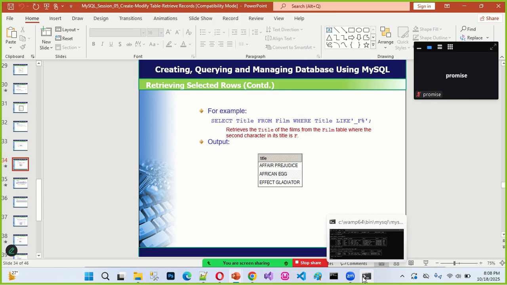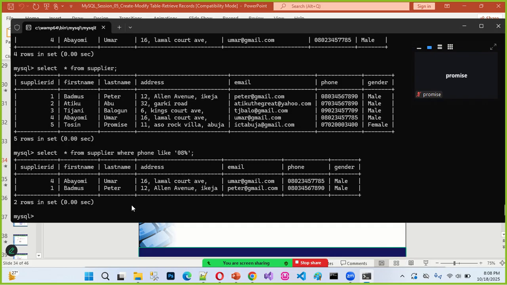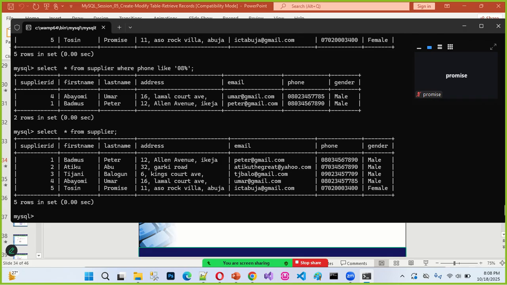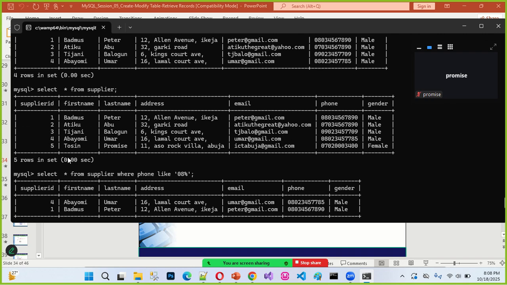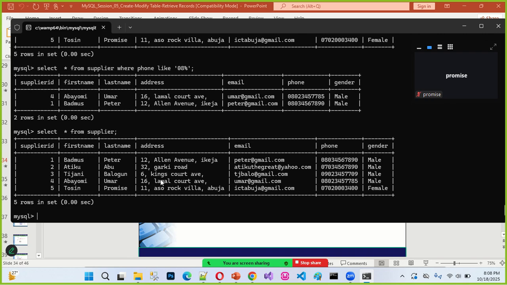That's something like this particular one. Let's see if we can apply something similar to that on my example again. Let me see all the records from the supplier table once again now. Assuming that I have something like this, I want to check the records you can apply this one to now. Atiku Abayomi, this record is not so common. Atiku ICT. We have to have records that start with, maybe Abraham Adeleke, a name that is close like this, BAD, ABA. Because we have very few records here.